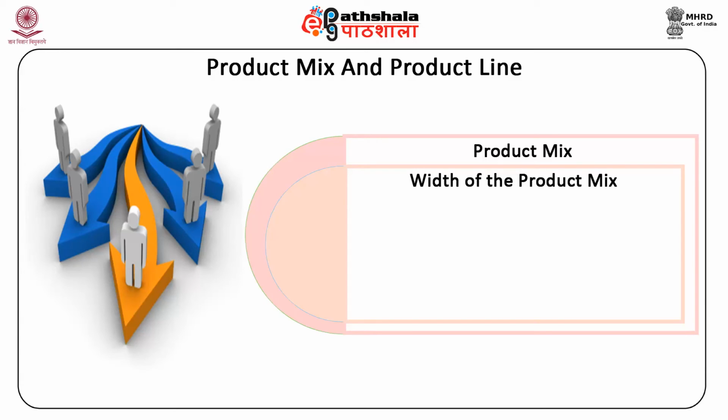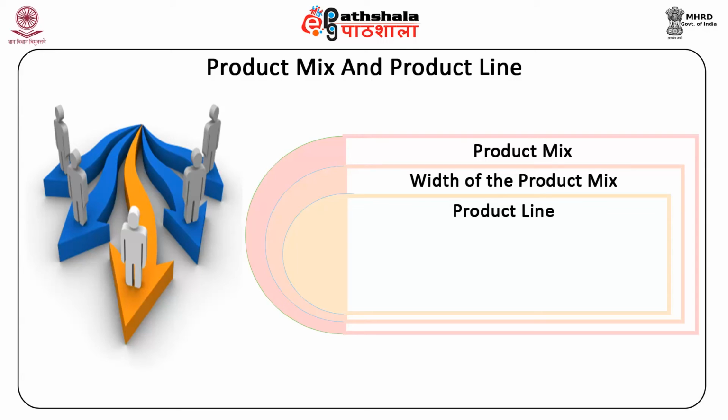It can also be termed as line extension, which means introducing a new product line, just like Mercedes was manufacturing cars when it started to manufacture its bikes. It was line extension. Line extension can be upward or downward. In the case of Mercedes, it was downwards. Product line. It is a group of closely related products that are considered to be a unit because of marketing, technical, or end use considerations.